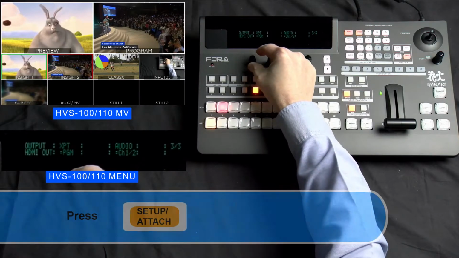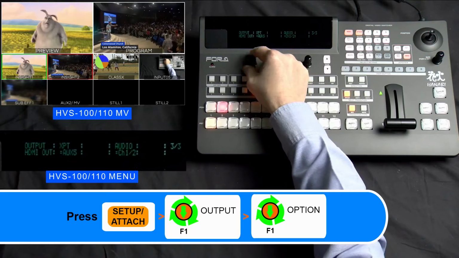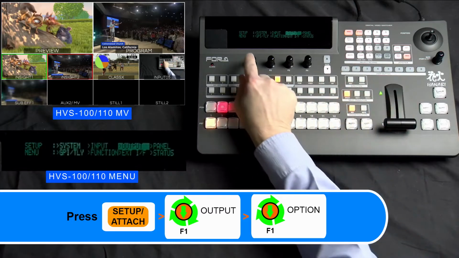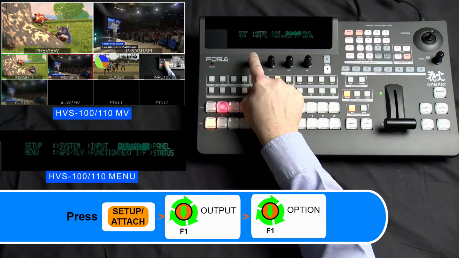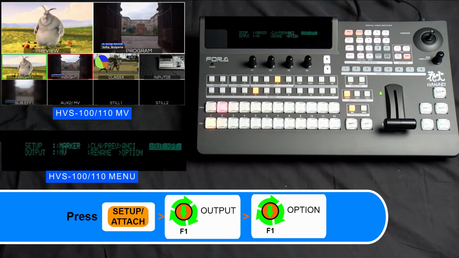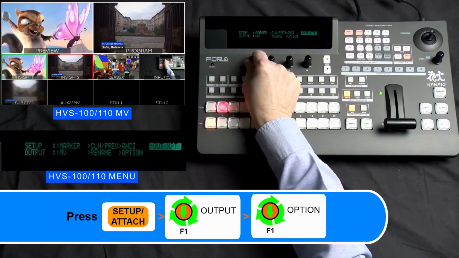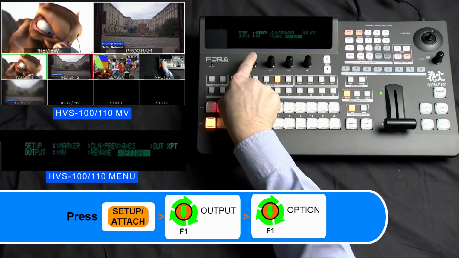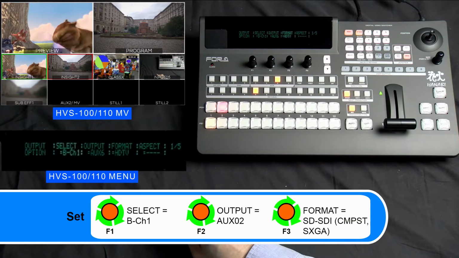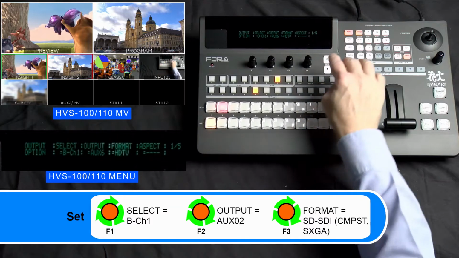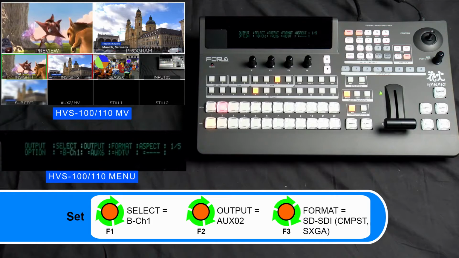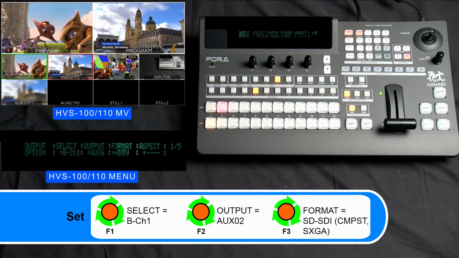Please press the Setup/Attach button. Then, please turn your F1 dial knob to select Output and press down on your F1 dial knob to enter the Output menu. In this Output menu, please turn your F1 dial knob to select Option, and press down on your F1 dial knob to enter the Option menu. In this menu, depending on which optional card you have, HVS 100DO, HVS 100AO, or HVS 100 PCO,